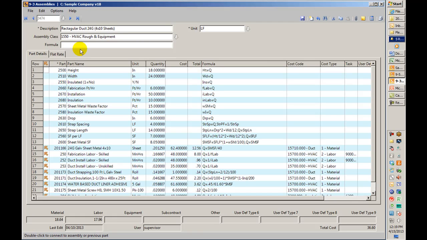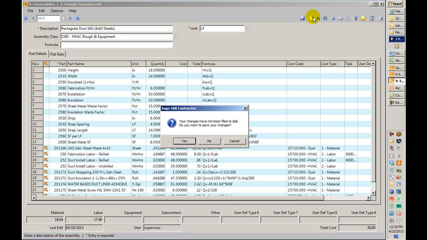I simply start with something that is pretty similar to what I'm about to do. Now I'm going to change this to 18 gauge. So I'll just copy that with this copy button, start a new assembly,